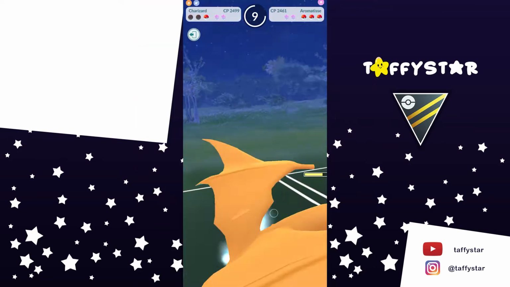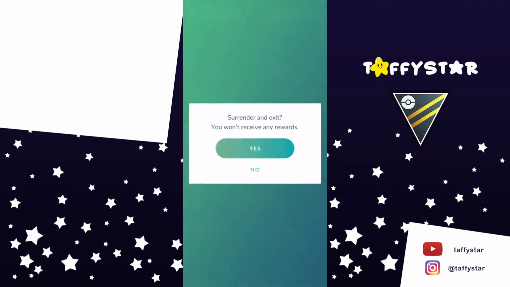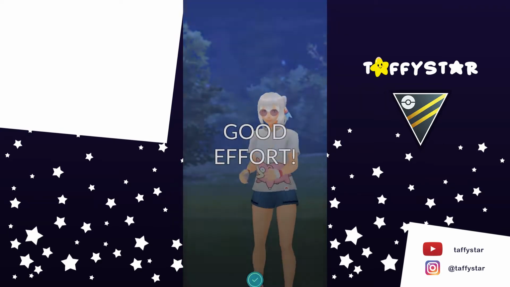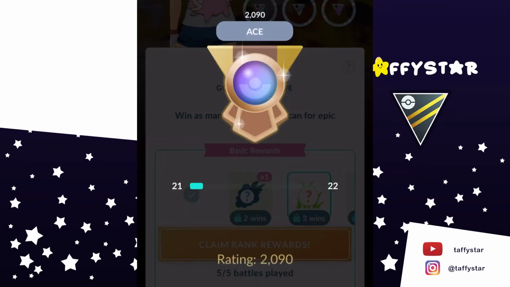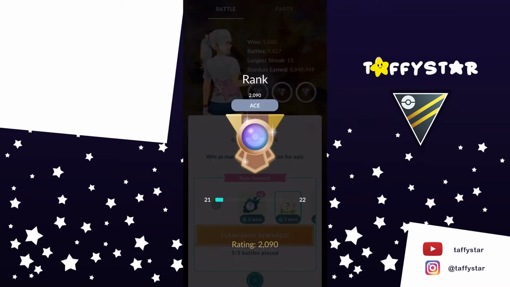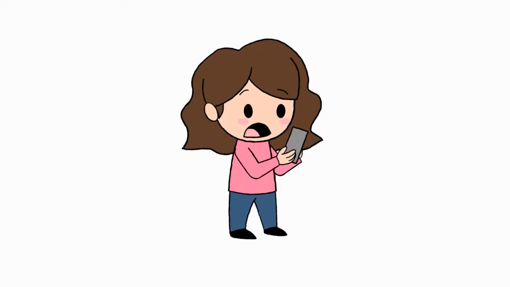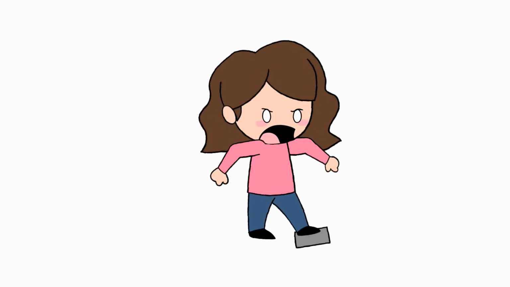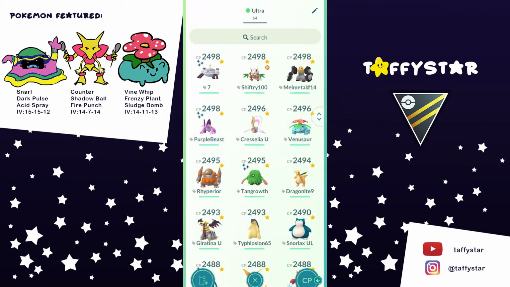And having to see that good effort screen over and over and over again, it gets annoying, especially when your elo is just going straight to the ground. I mean, look at this. And sure, going on these long lose streaks straight to the depths of the lowest elos in Pokemon Go can make you want to rage and break your phone, but while you're at it, while your elo is already completely trashed,